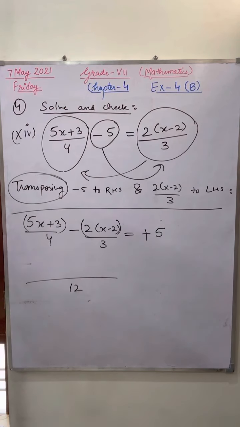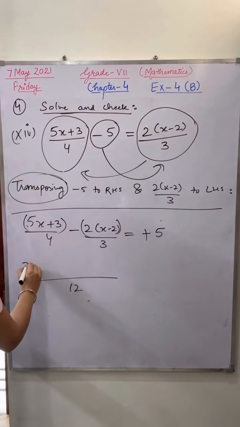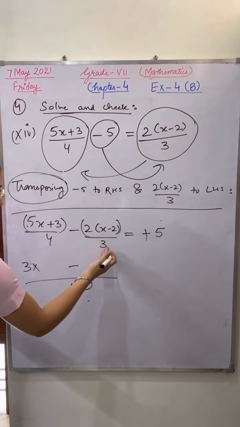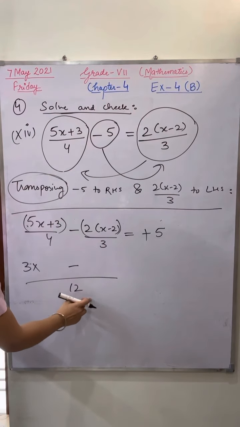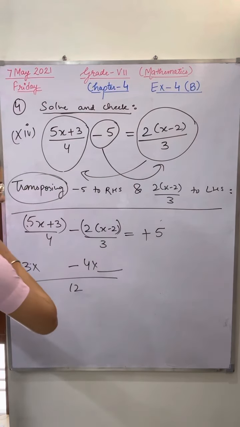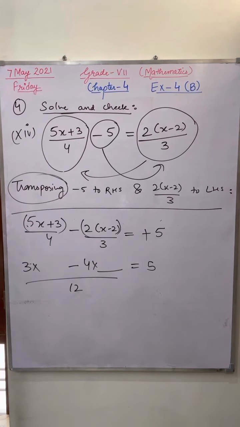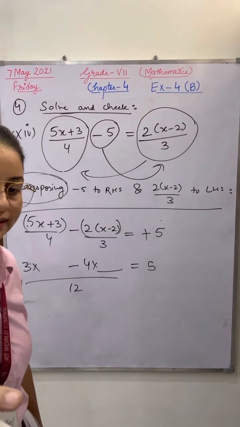Now you can apply the LCM. The rest of the steps you will do at home, because time is over now. After this you have to apply 12 divided by 4, 3 multiplied by this bracket, and the minus sign will stay as it is. You have to multiply this complete bracket. 3 fours are 12, so 4 multiplied by this complete bracket is equal to 5 as it is. Then take out the answer. If any problem comes, we'll discuss it in the next lecture.